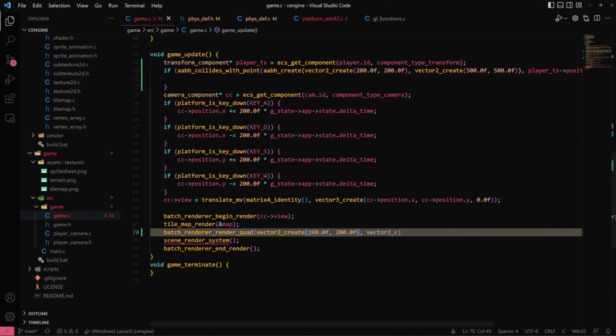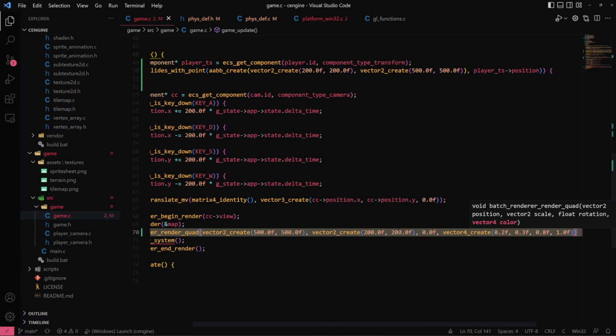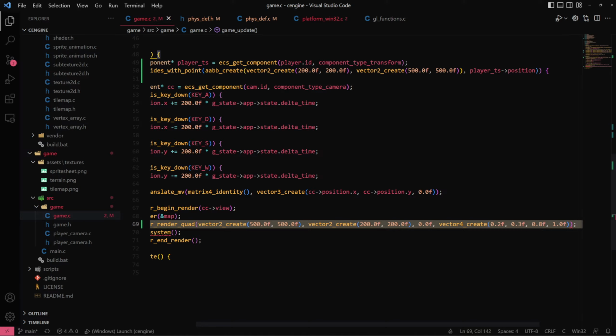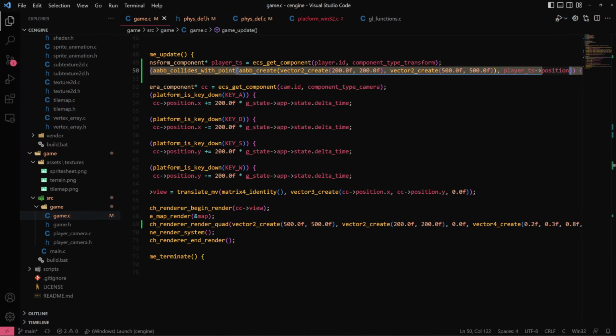No, it's at 500 and the scale is, so just to visualize the thing. And rotation is 0. Color is, let's say, vector 4. Create like a blue color. So 0.3, 0.8 and 1.0f. And yeah, that's it. And then if we collided, let's just say